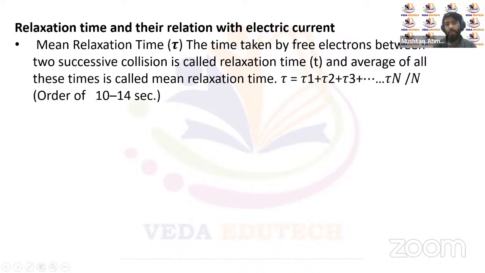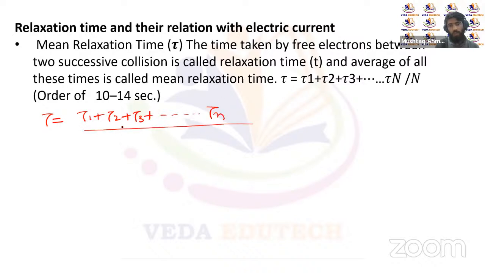This is the time taken by a free electron between two successive collisions. That's what we call relaxation time, right? So if, between n collisions, tau 1 plus tau 2 plus tau 3 and so on are the times taken by the electron between two successive collisions, then the average of these times